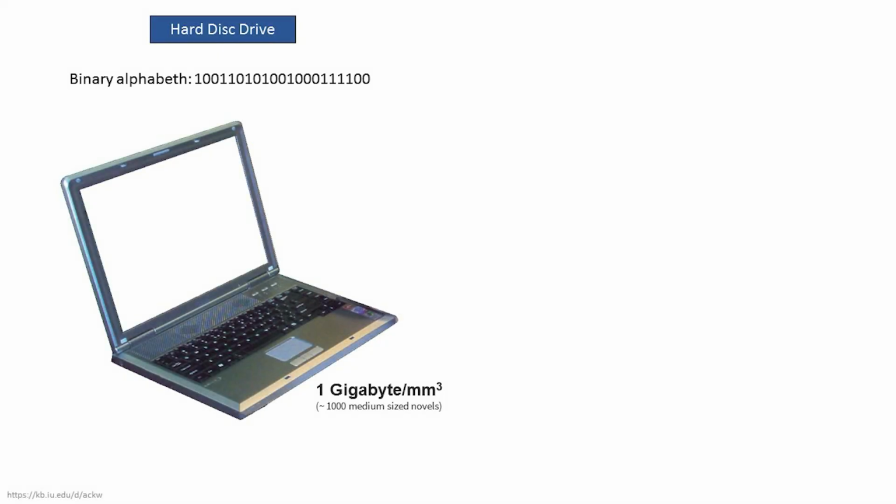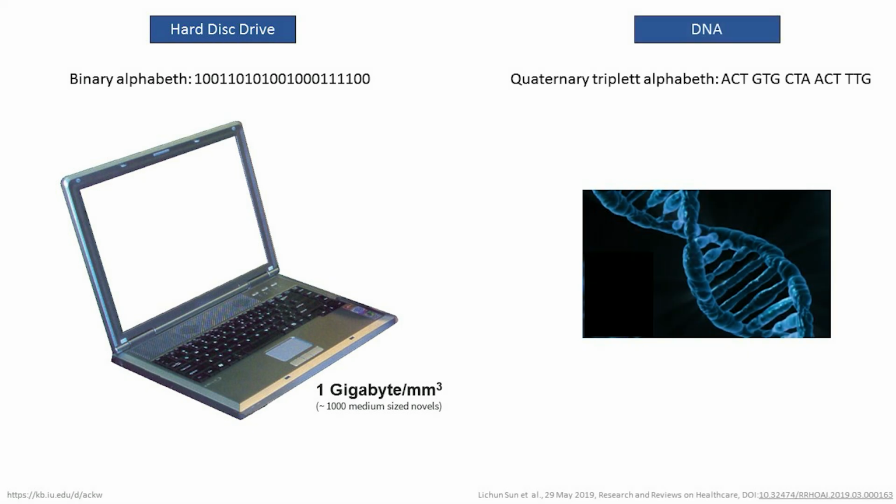A typical computer contains a hard disk drive, which uses a code language based on a binary alphabet, a sequence of zeros and ones. This code system achieves a data storage capacity of 1 gigabyte per cubic millimeter. That means one can write the information content of 1000 medium-sized novels on a tiny cube with a side length of 1 millimeter. The natural genetic code that can be found in the cells of every living creature on Earth